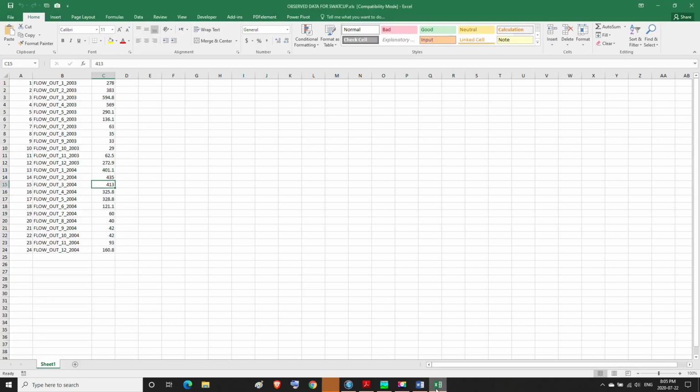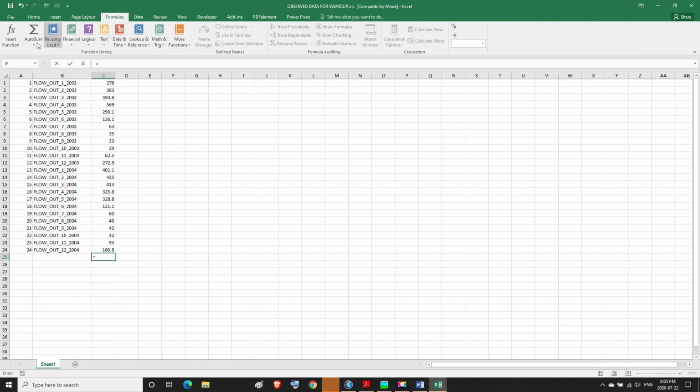So we find the minimum discharge for these values of discharges. And we find the maximum discharge for them. Then we find the average value between the minimum discharge and the maximum discharge, as we see.